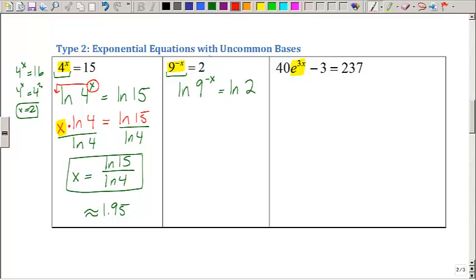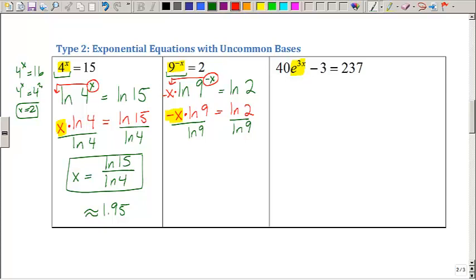The reason we take the natural log is so that we can take the variable out of the exponent and, using the power rule, write it in the coefficient of the ln. Remember, that's a multiply. Because this is a multiply, in order to isolate my x, I am going to divide both sides by ln 9,